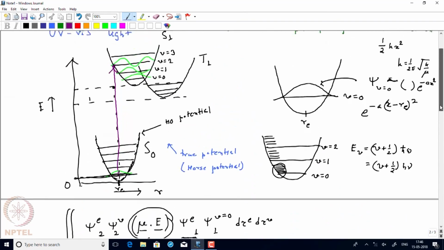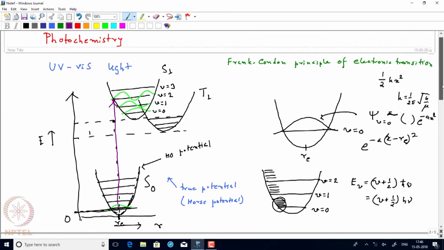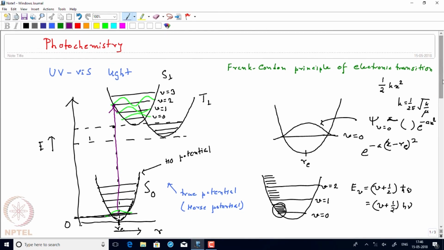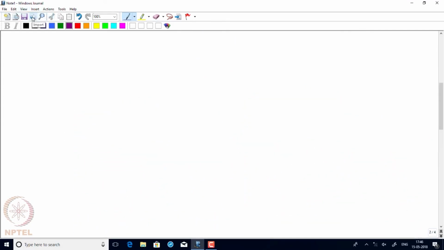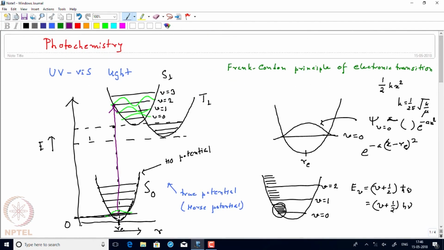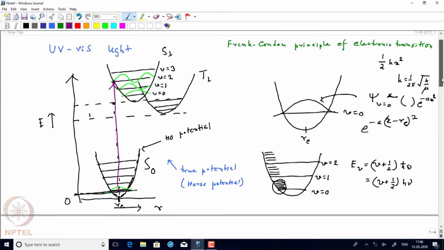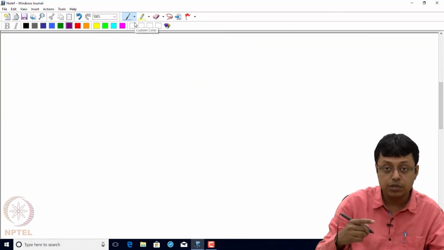Now as you can see, the spectrum will have many different features that we are going to discuss right now. So I will have an absorption spectrum corresponding to this electronic transition the way I have drawn it, and the absorption spectrum will be something like that. I am going from, say, v equal to 0 to all the states in the excited state, and one of them will be maximum, which is not actually v